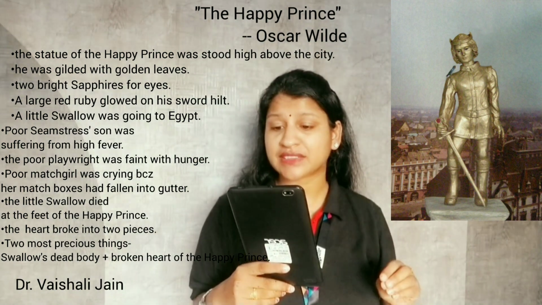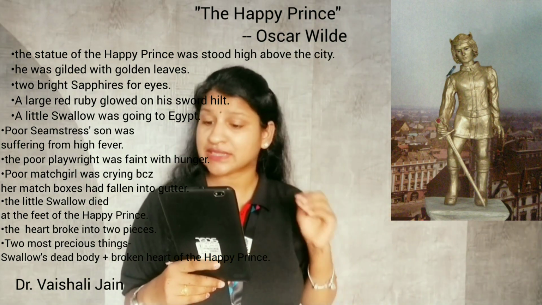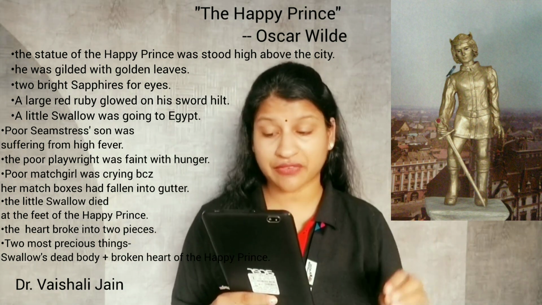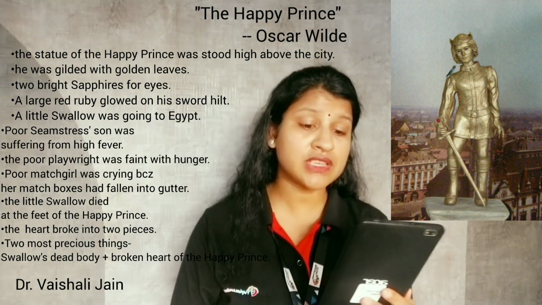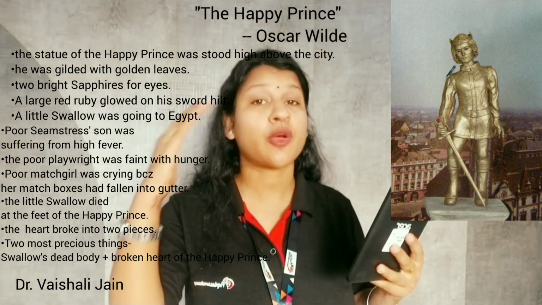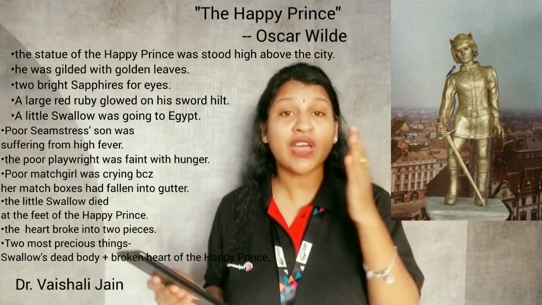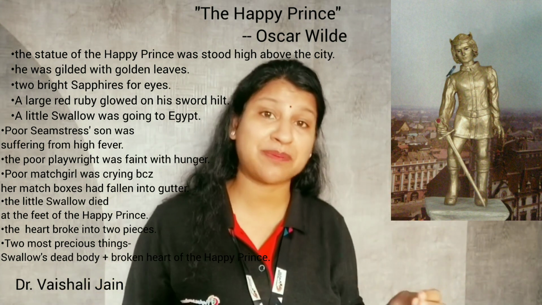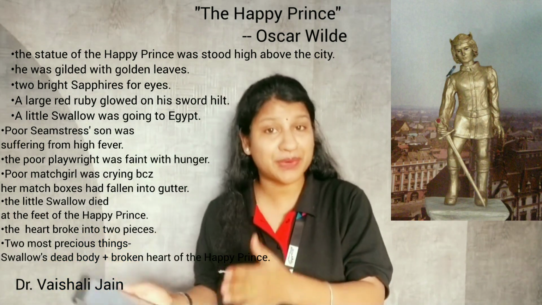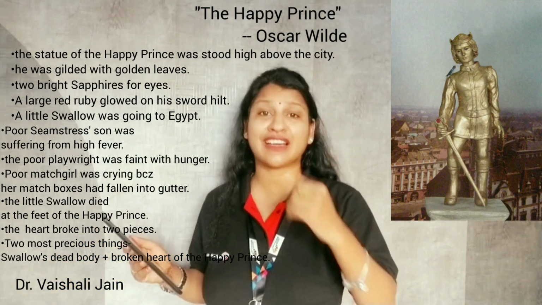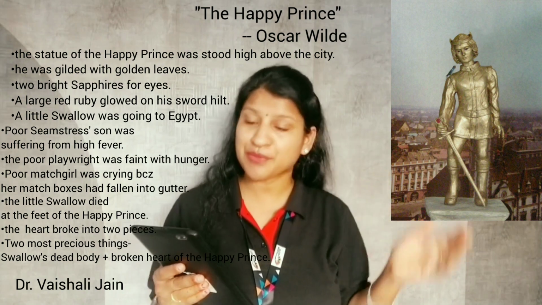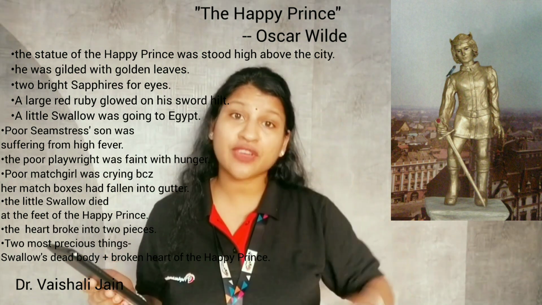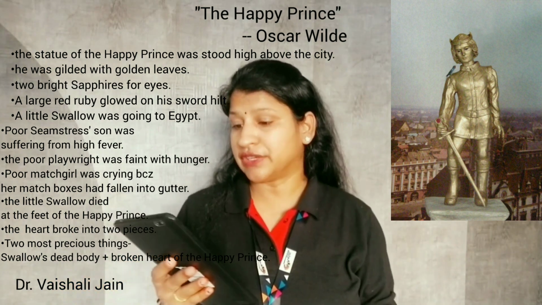Despite the fact that the prince could not see the distress and sufferings of the people anymore, the bird stayed with him forever. Upon the instructions of the prince, the swallow removed the fine gold leaves from his body one after another. Up there he is looking at the poor people, needy people, helpless people, and on the command of the Happy Prince, the swallow is taking one leaf after another and giving it to the needy and poor people. And in this way, there came one day when all the leaves of the Happy Prince were uncovered.